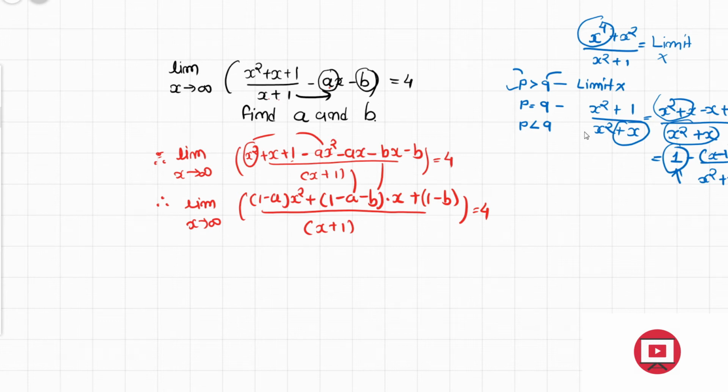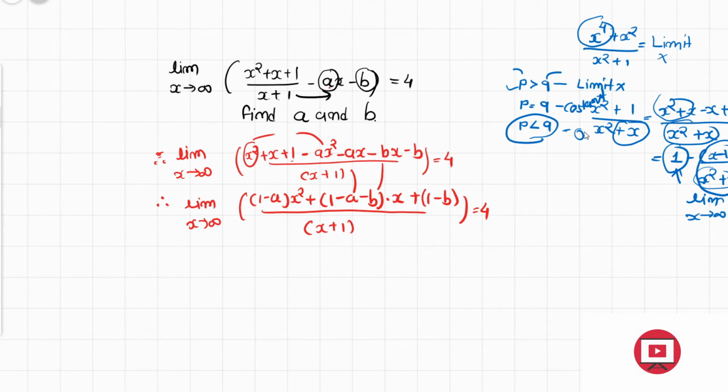So here see, it is a constant value. So for p is equal to q, it will have some constant value, and for p less than q, this is the example. Now in this case it will have 0, because if limit goes to infinity, then the denominator will rise to infinity, and the value of numerator will not be equal to that infinity. So in that case the answer will become 0.